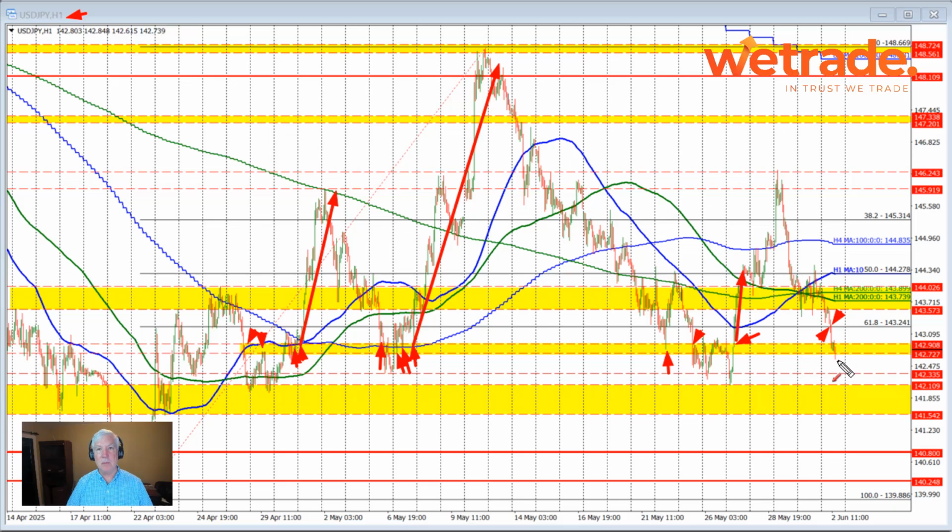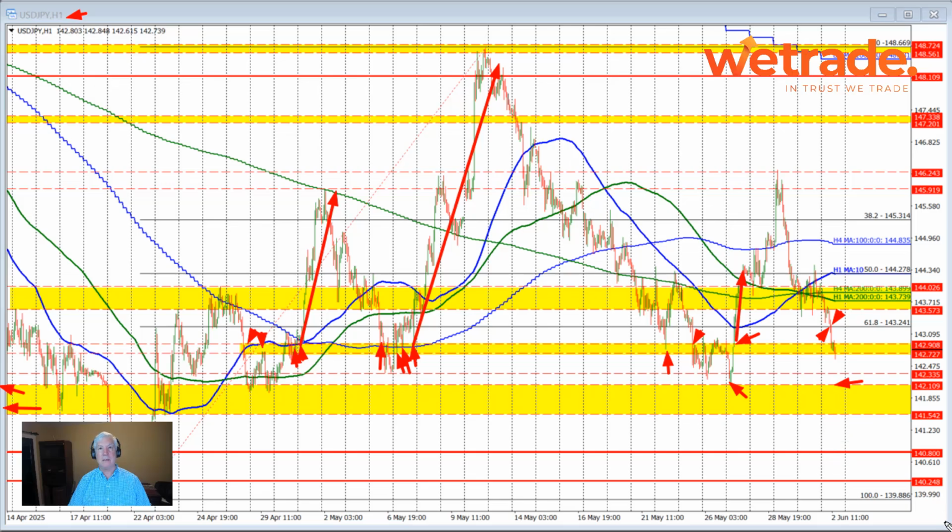So this area between 142.72 to 142.90 will be a barometer for traders. We had traded below that level with the increased selling momentum in trading here today, so not all that surprised. Down below we have this big wide swath down here, which goes back in time, back through here as well, between 141.54 and 142.10. The low price that we saw last week came down to the high of that area before finding support and moving to the upside. So I think the market will pay attention to that level on further selling pressure.